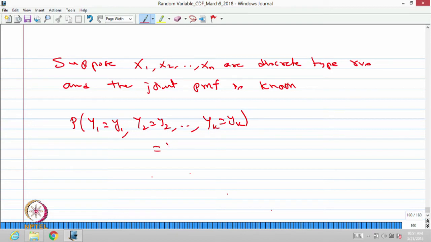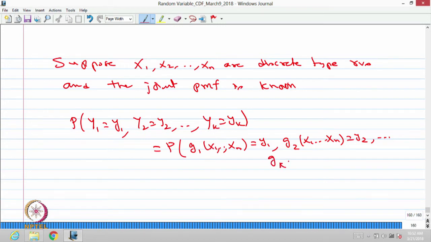That is the same as the probability that y1, replaced by g1 as a function of x1 to xn, takes a value small y1, y2 takes a value small y2, that means g2 of x1, x2, xn takes a value y2, and so on. And gk of x1, x2 and so on xn takes a value yk, that is the same as